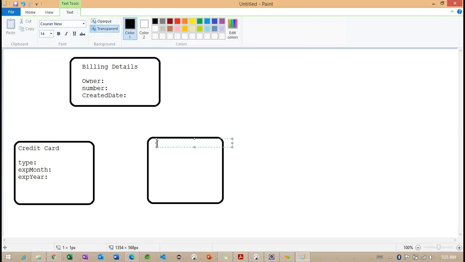And in the same way, bank account. Bank account, and what we are going to have is bank name and something called bank IFSC code, and account number.